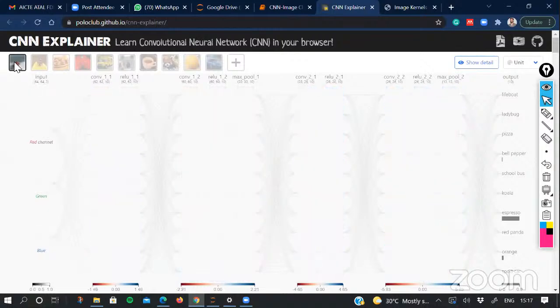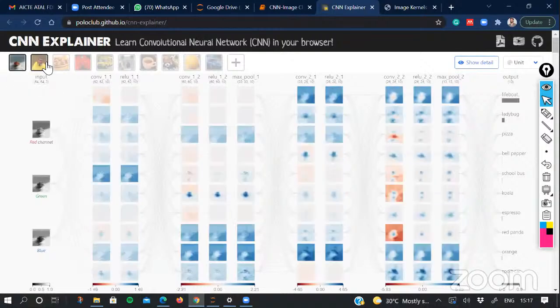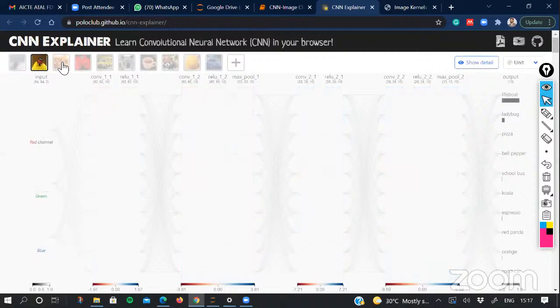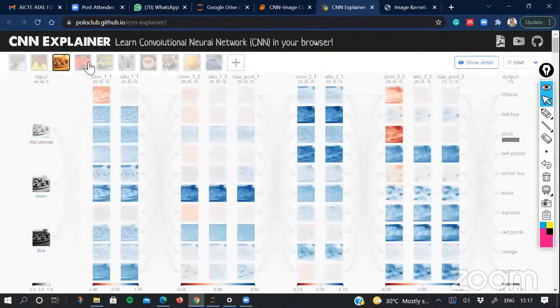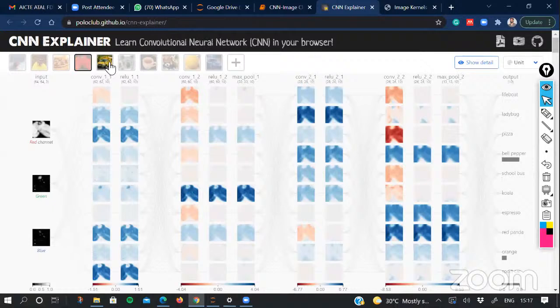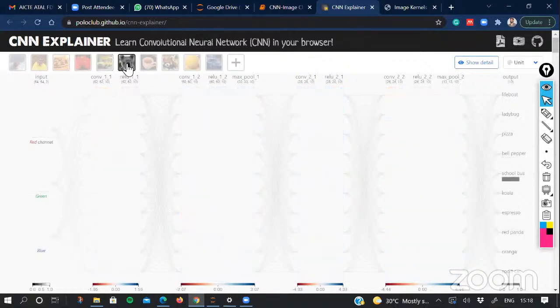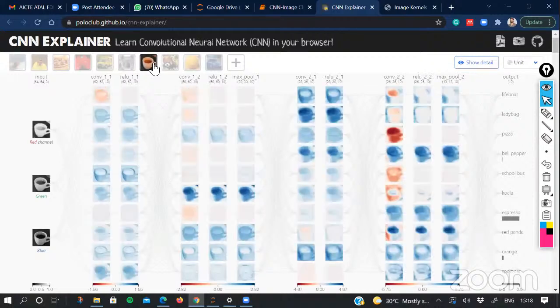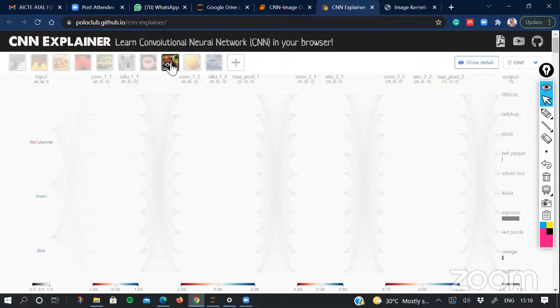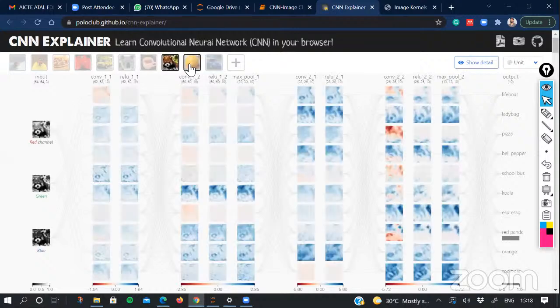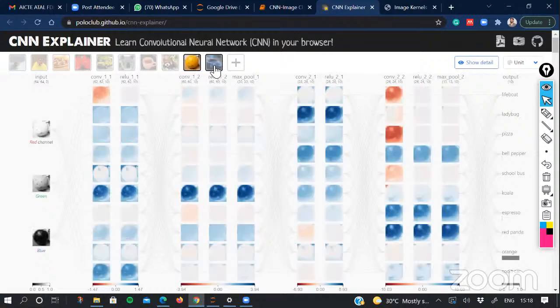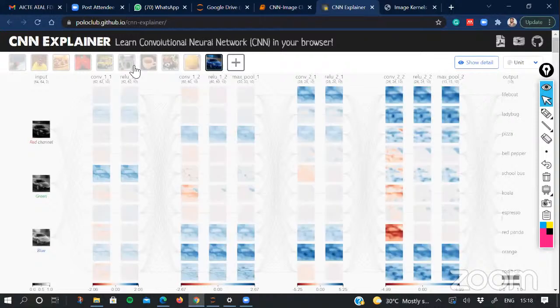One is boat, the second is ladybug, third is pizza, then bell pepper, then school bus, then koala, then espresso, red panda, orange, and car. So we have a total of 10 different classes.